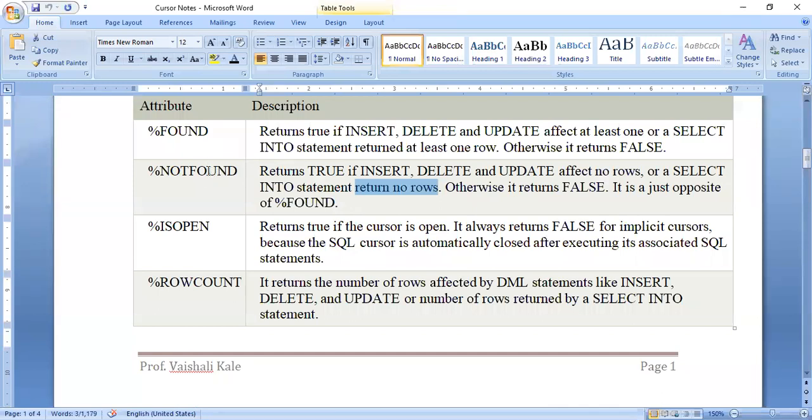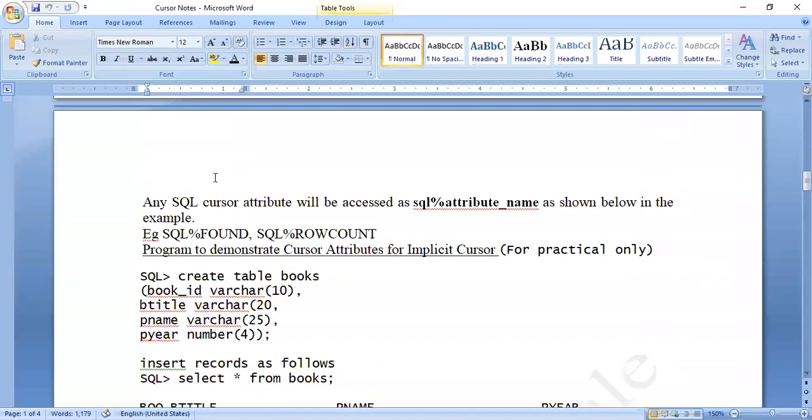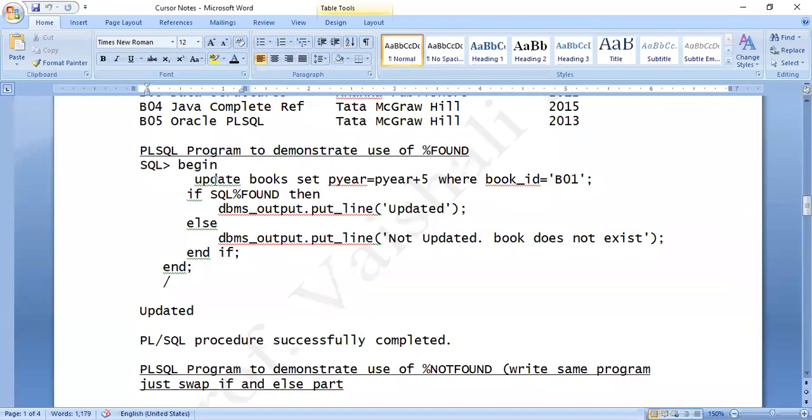The opposite: %FOUND will return true if at least one row is selected. %NOTFOUND will return true if no rows are selected, and it will return false when at least one row is selected. So it is just the opposite of %FOUND. Anyway, if I want to see the execution of this, I will have to write a reverse program. It is like this.